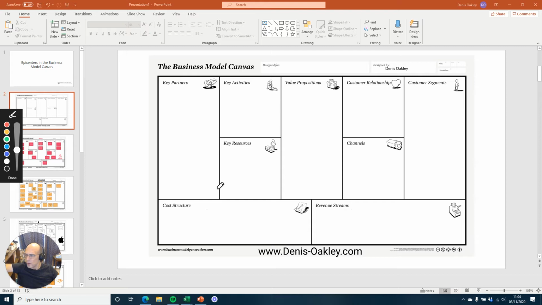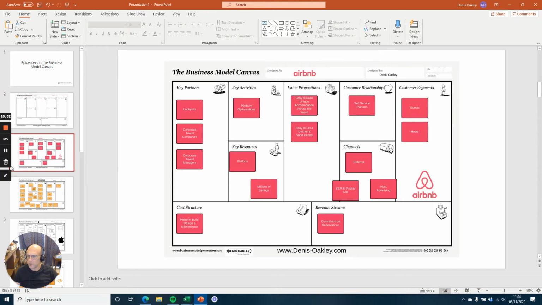What we're going to do next is run through a number of business model canvases of rich and famous companies, mostly. I've pulled a few of them out at random. So let's see what we can focus on. So, how do I go to the next slide? No, I need to turn the color off. So first of all, we have got